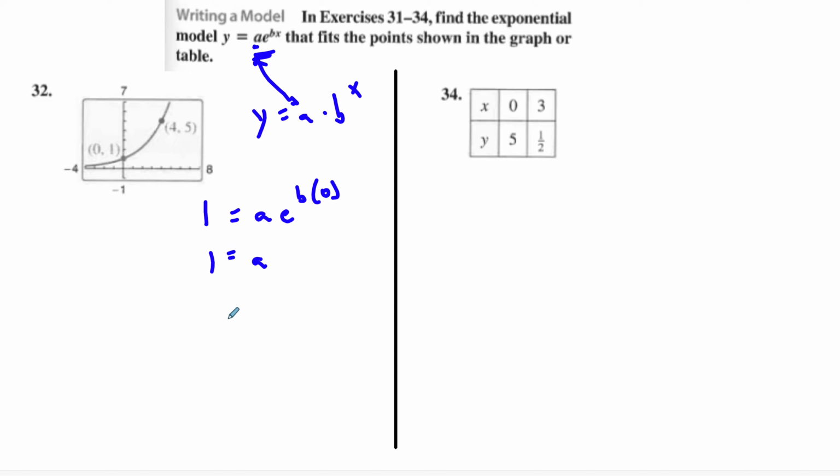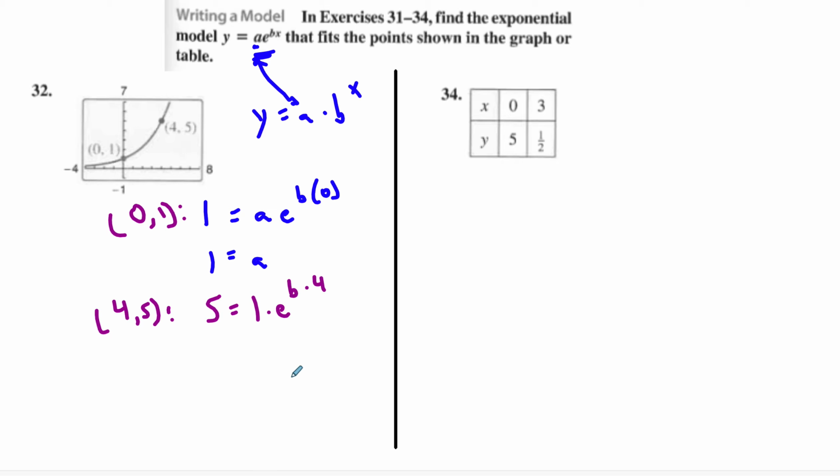All right, that was tough. Now we're going to use this point, 4, 5. So this first thing we use 0, 1, plugged into the equation. Now we're going to use 4, 5, knowing what we know, which is that we know A is 1. So we know 5 equals 1 times e to the, we don't know B, but we know that this is